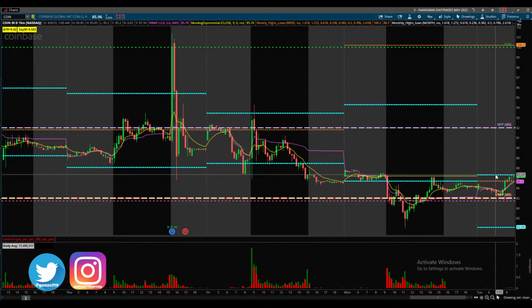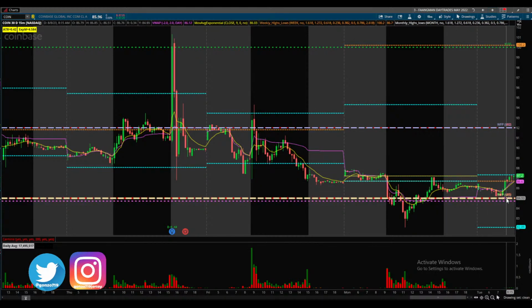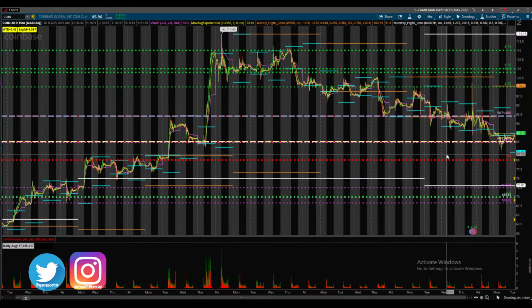What's the blue? Yesterday's high. So this told us we can't go lower. This held 85. Bitcoin is up 2%. You want to see it break out. This has been resistance here, even in the overnights. You want to see a nice move up and hold the daily highs and last week's lows. You could definitely see a move to 92, which is the weekly flip point. This is looking very, very nice for Coin.